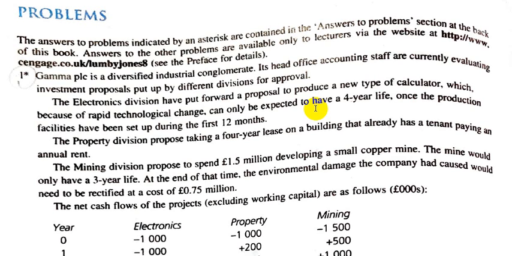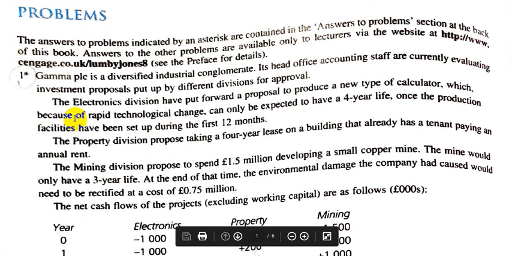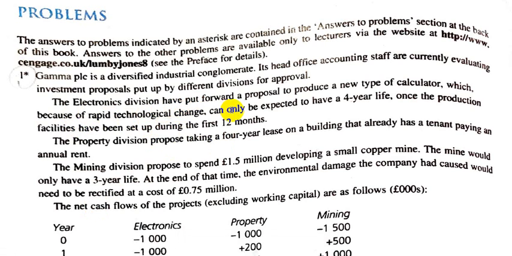Here the first problem is concerned about a company that has three investment proposals from three divisions that it acquires. The first regards the electronics division. It has put forward a proposal to produce a new type of calculator which, because of rapid technology change, can only be expected to have a 4-year life once the production facilities have been set up during the first 12